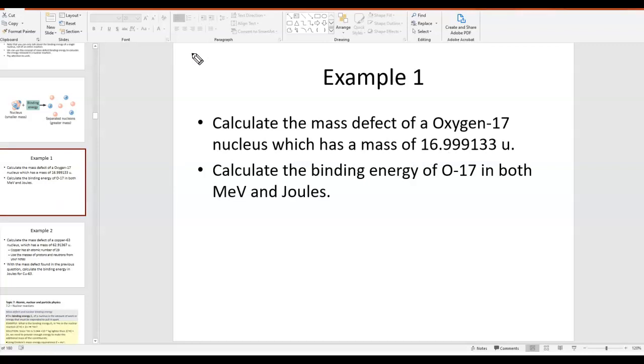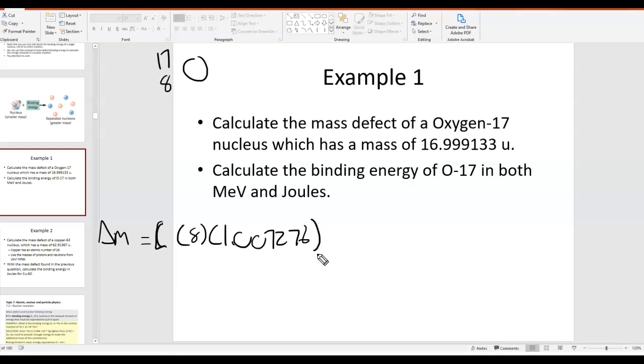Okay, so oxygen-17, I happen to know oxygen has an atomic number of 8, but if you didn't know that, you would be given that on the IB exam question. And so oxygen-17 is made of 8 protons and 9 neutrons. So to find the mass defect, first we want to find the mass of the 8 protons. So I have the mass of, let's say, 8 protons. Each proton has a mass of